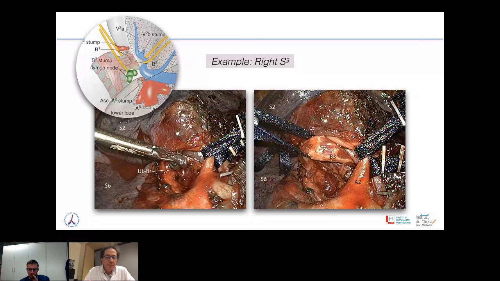Dissecting the lymph nodes is very important from an oncological standpoint, but it is also important to have a clear exposure for the dissection of the bronchovascular elements. This is a picture from the book of Nomori and Okada showing the lymph nodes at the basis of B3 and B2. And so this is B3, and here are the lymph nodes that are described in the atlas. And you see that once you have removed the lymph nodes, the dissection of B3 is much better.